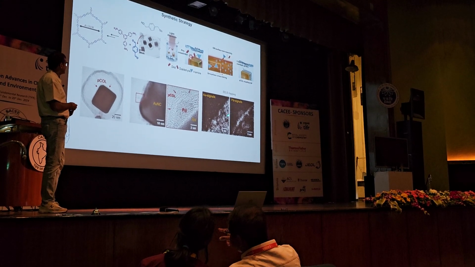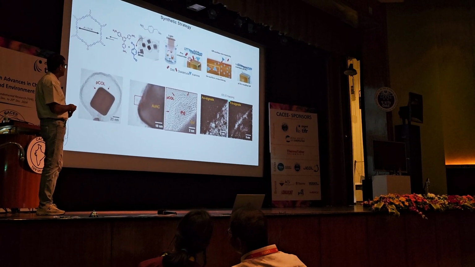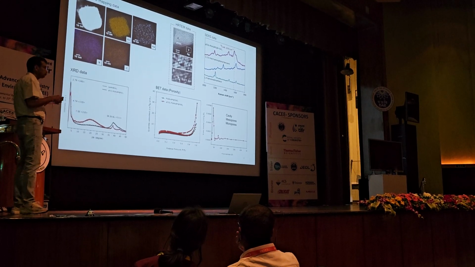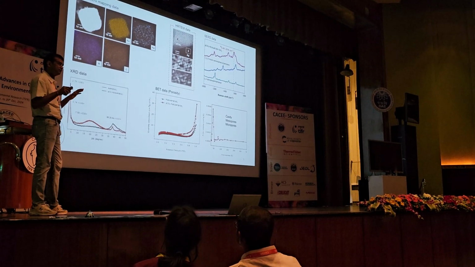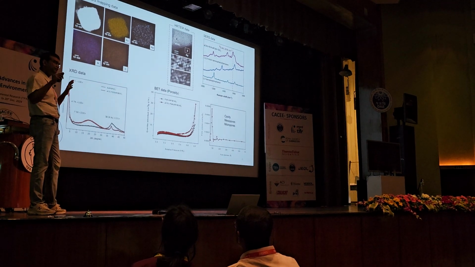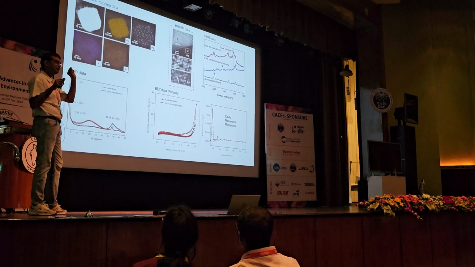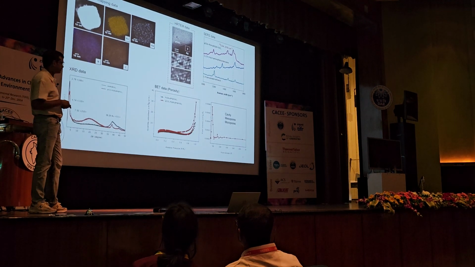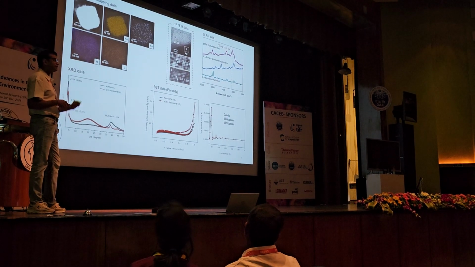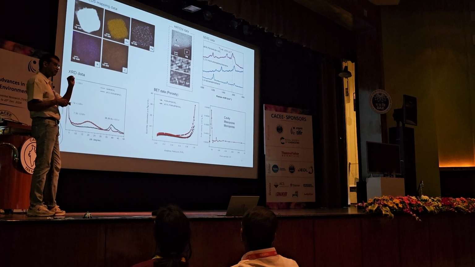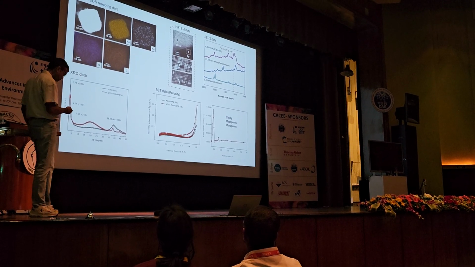We characterize this by many methods, like EELS mapping and others. We also use several methods to confirm that there is in fact the presence of a COF layer, a very thin COF layer with well-defined molecular scale porosity, on the plasmonic nanoparticle surface. And the catalytic metals are below, between the plasmonic nanocrystal and the COF layer.